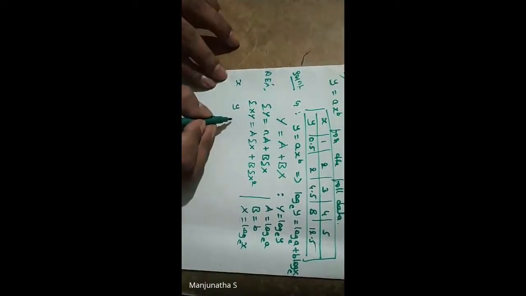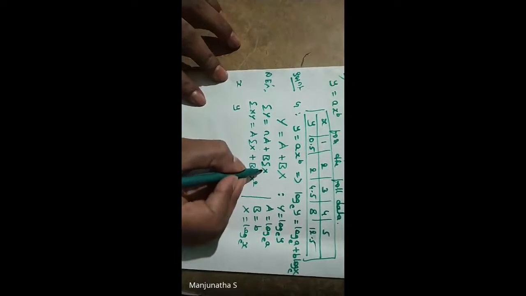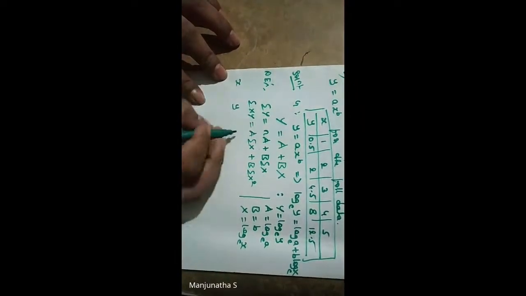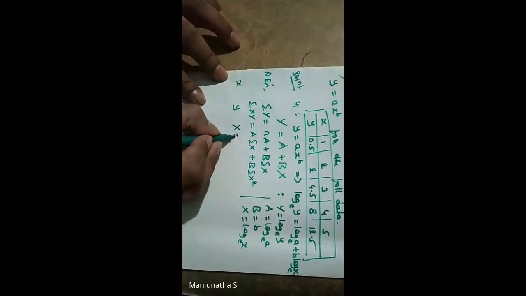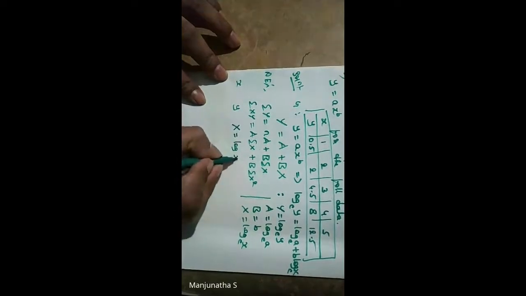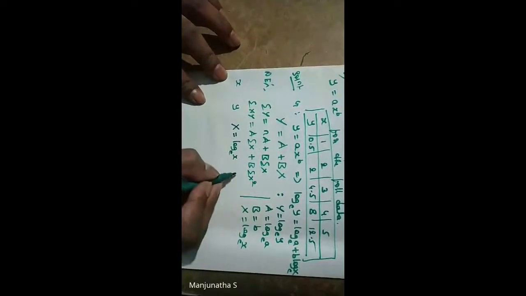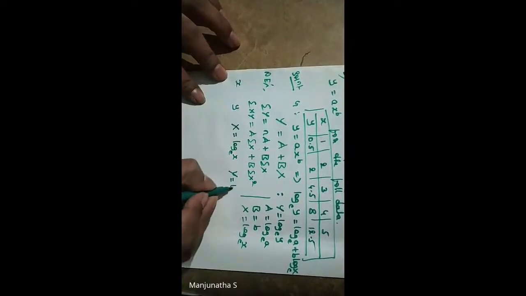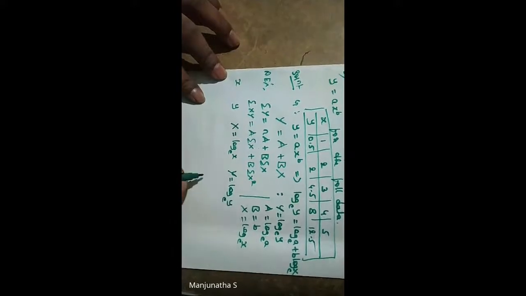And this is not enough because we need summation x. Correct? And then summation y. So what is capital X? Capital X is nothing but log x to the base e. Correct? And then we need capital Y. That means the summation we need. So capital Y is nothing but log small y to the base e.